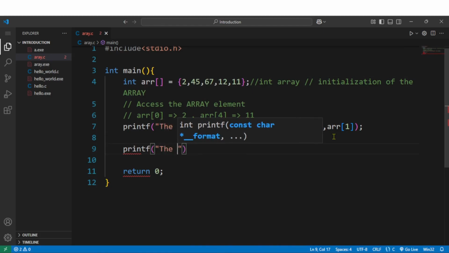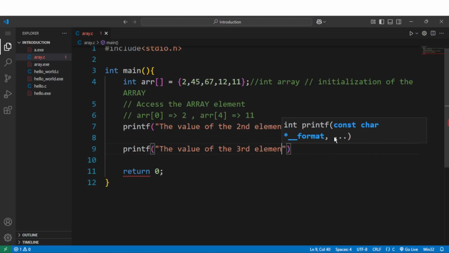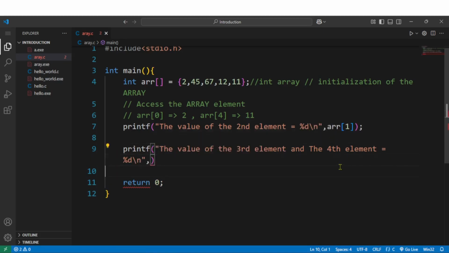Now I'm also going to do something similar. The value of the third element, let's say, and the fourth element, equal to percentage decrease. That is the way of expressing it. What do we have to do? Percentage d and percentage d, because I'm going to access two values, the third value and the fourth value. So we have to put two: first a percentage d and a percentage d, and